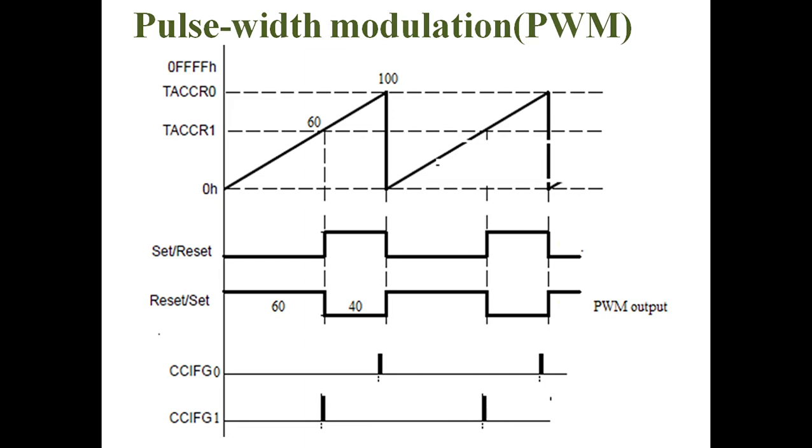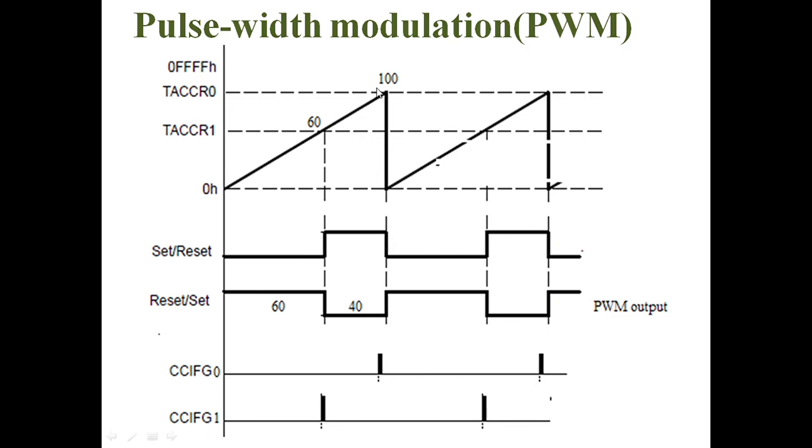That means initially we set the desired pulse width value in the Timer A capture and compare register, and the timer register value is 0. For each count the Timer A register is incremented, that means it records the current count value. When its count value reaches 60, that is the value in the Timer A capture and compare register 1, the output becomes low, means from active high to active low, and from 60 to 100 the output is low, means the duration is 40 counts, 40 cycles.